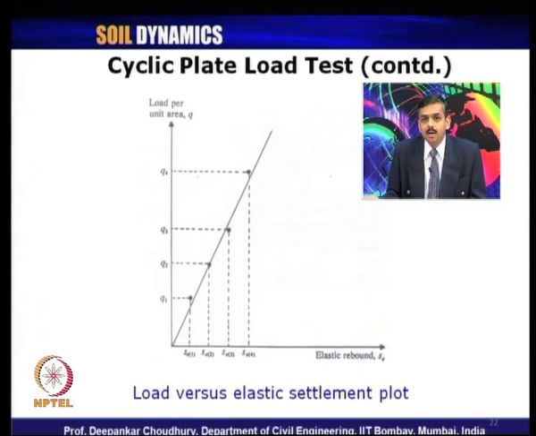So, from that you should draw an average line of this Q versus elastic settlement. As this is an elastic settlement, obviously the relationship must be a linear relationship through the origin. So, you draw an average line through these test points which passes through the origin and which can represent all your test points very effectively. So, the slope of this curve is nothing but what is mentioned as the stiffness.